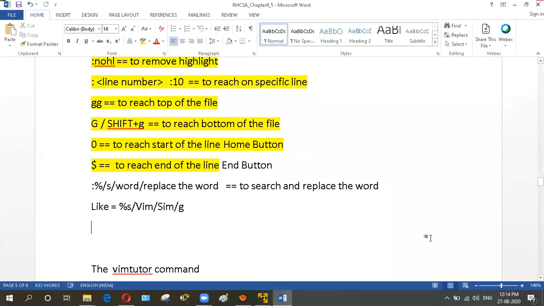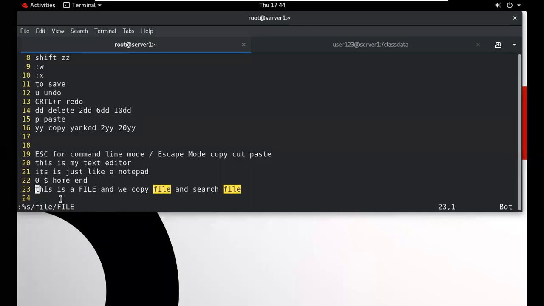So we want to replace. Search a word, then the replace word. So what I will do here, type S for search. Search which word? File word. So first file will be replaced as capital FILE, but not just this and this. In this particular line, we have file 3 times. It will replace only the first, not all.